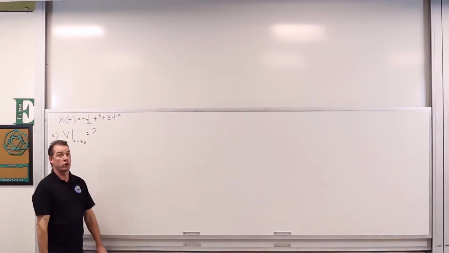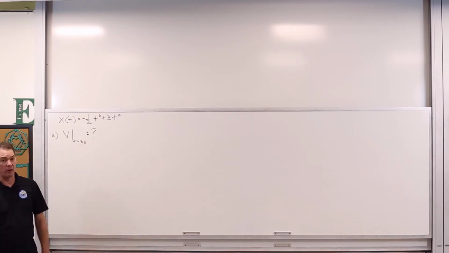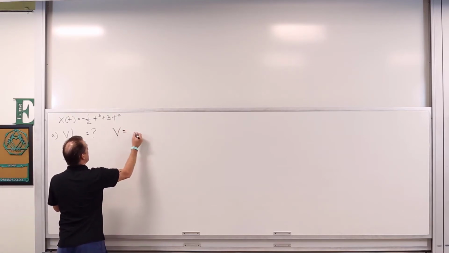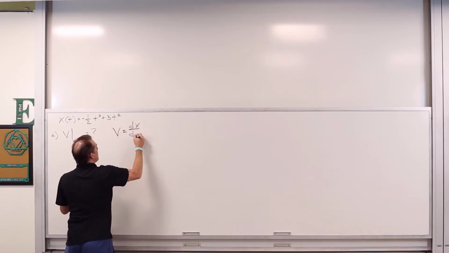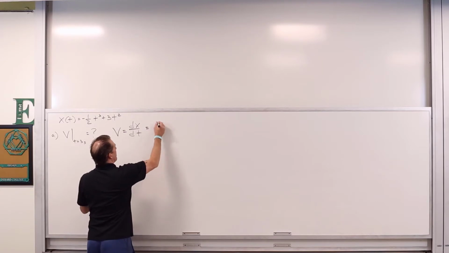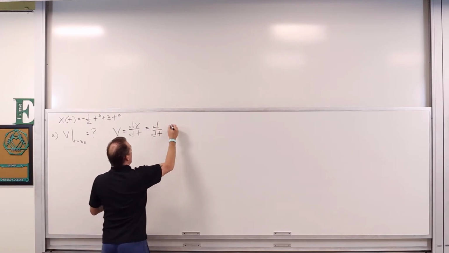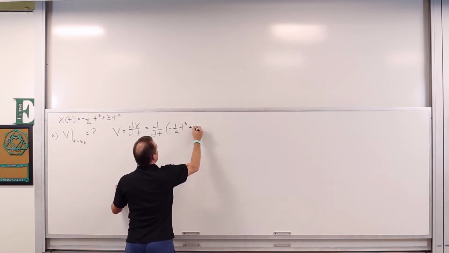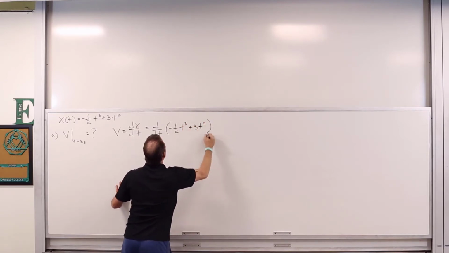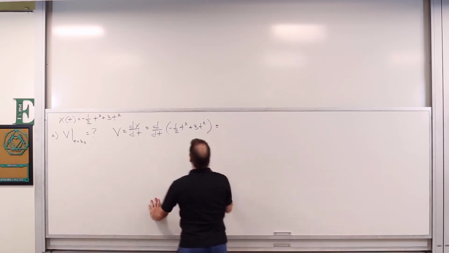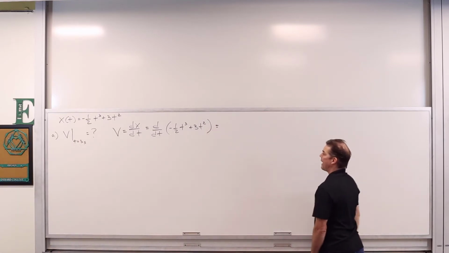Well, in order to get the true value of the velocity at a particular moment in time, we note that the velocity is the first time derivative of position. And here's the function that describes position. So we take the time derivative of it: d by dt of negative 1/2 times t cubed plus 3t squared. That is pretty easy here with a nice polynomial. We've got negative 3/2 t squared